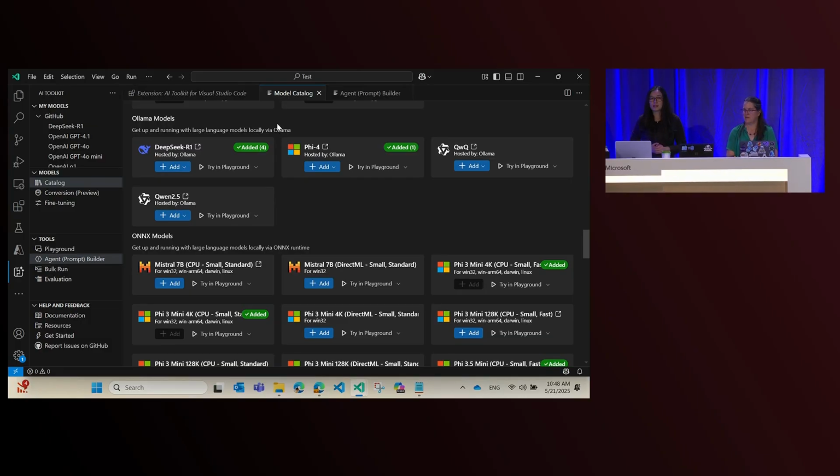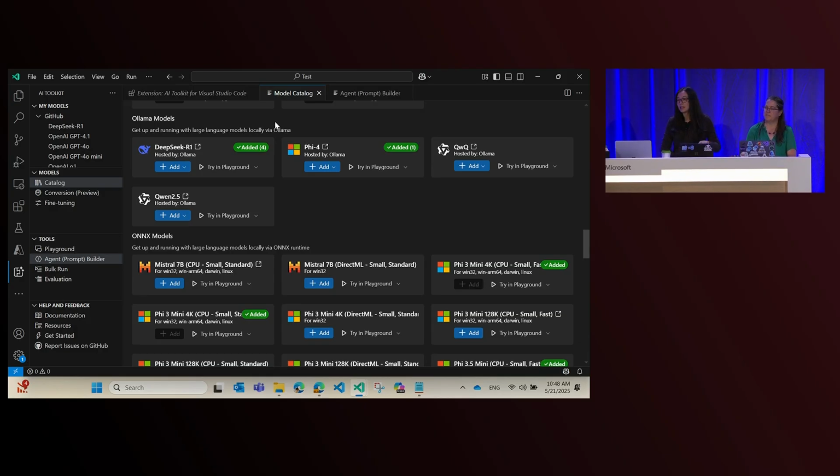What if I want to access local models? It could be because I'm working on an app that is for an edge device. I really want the model to be small and responsive. Or I'm concerned about data privacy. I don't want any of my information to leave my computer. Or it could be just because of cost concerns, right? If everything runs locally, then I don't have to pay for AI tokens and stuff.